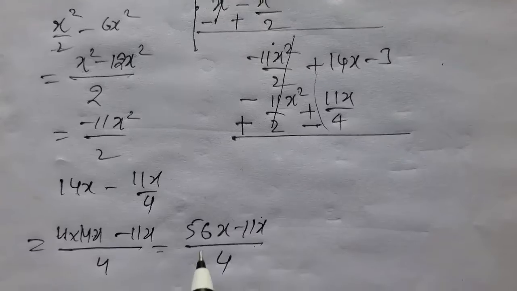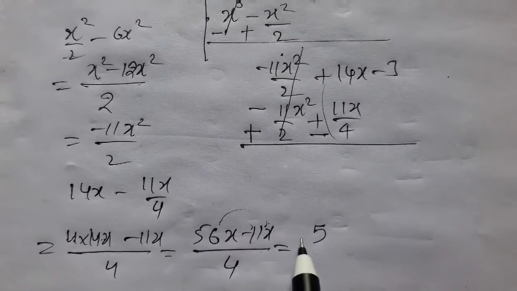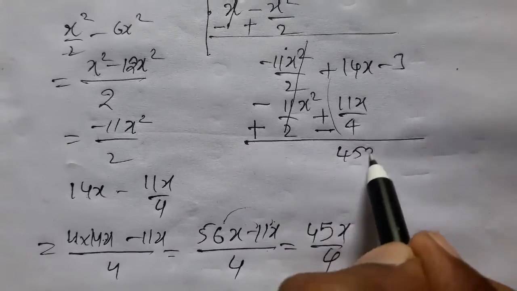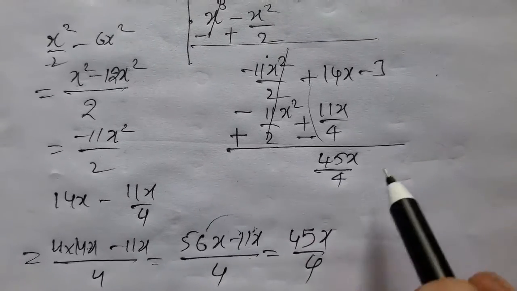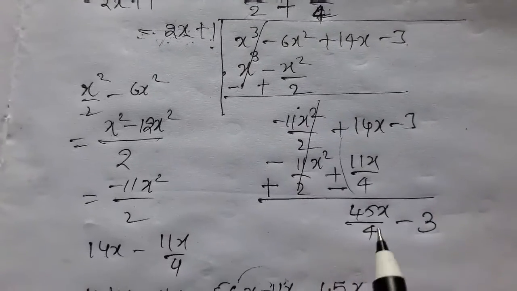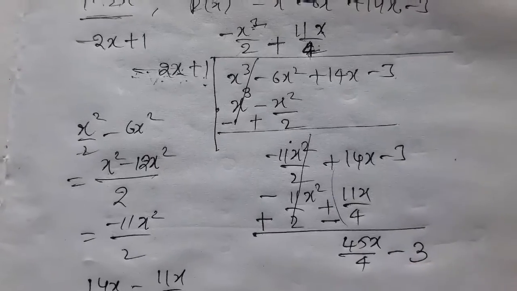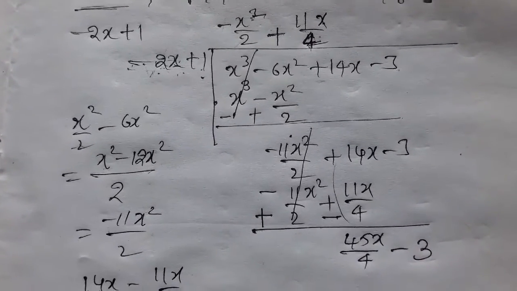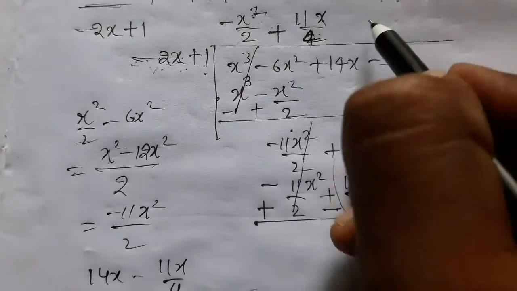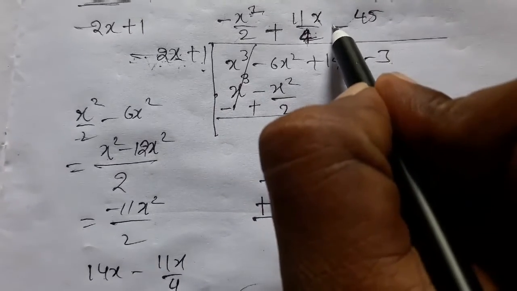Now this becomes, see here, 1 means 5, 1 means 45. So 45x by 4. What we got? 45x by 4. Take that constant term as it is. Now what we need here? 45 by 4, isn't it? 45 by 4, but x only. So how much we need to take? Plus 45. So here take the numerator 45 as it is. Take here minus.